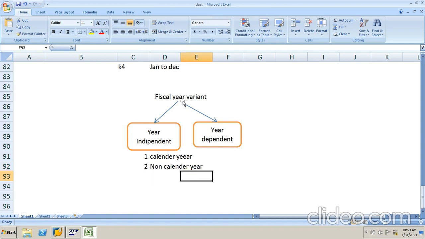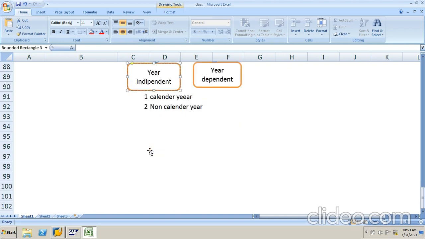So the fiscal year variant is defined into two types: year independent and year dependent. First we'll see what is year independent. Year independent means, if you choose year independent, the posting periods remain common for all years. I will give a simple example. Suppose your financial year is 2019 to 20 and you have selected your period as April to March.